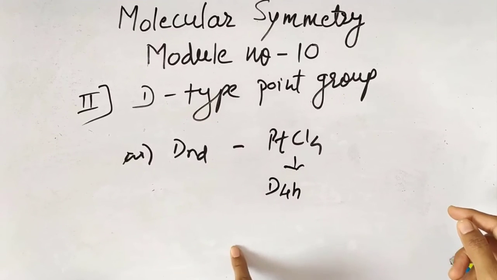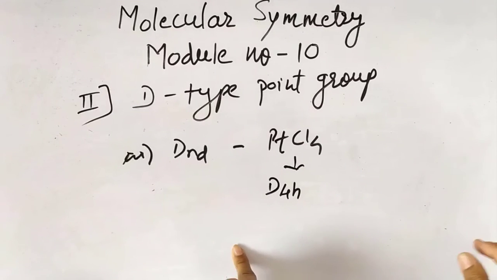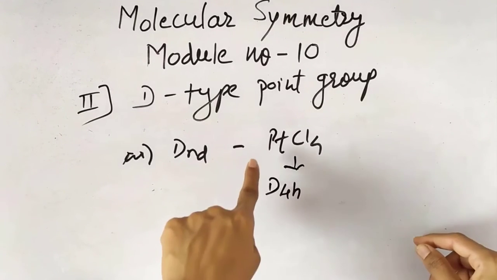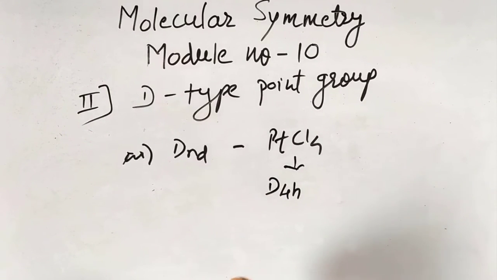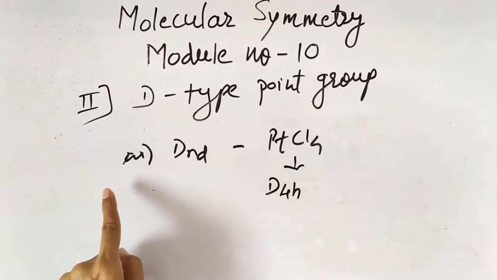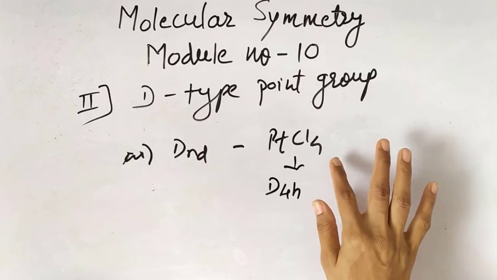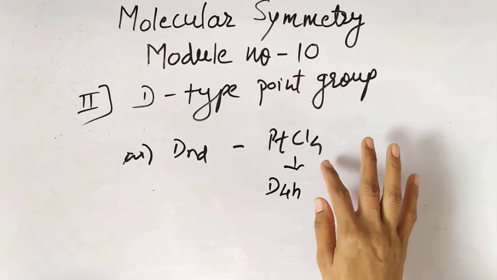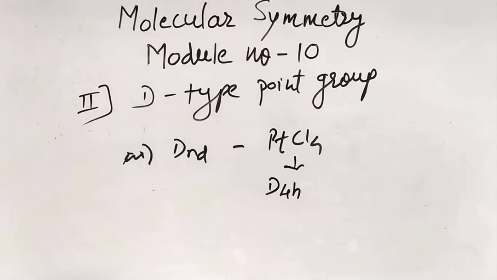If you go back to our previous videos, you will easily find all the symmetry elements. So make a list of them and try to understand whether the principal axis and the subsidiary axes that we have got are perpendicular to each other or not. Try to find this out, and if they are perpendicular, then of course it will belong to D4H. So in the same way as we have solved BF3, try to solve the PtCl4 molecule till the next module. If you are not able to, definitely we are going to solve it in our next module. Thank you.